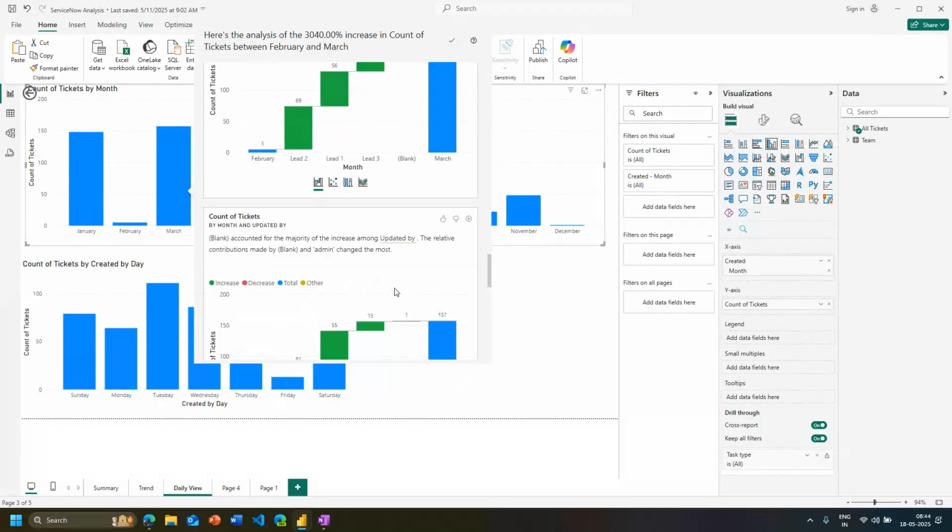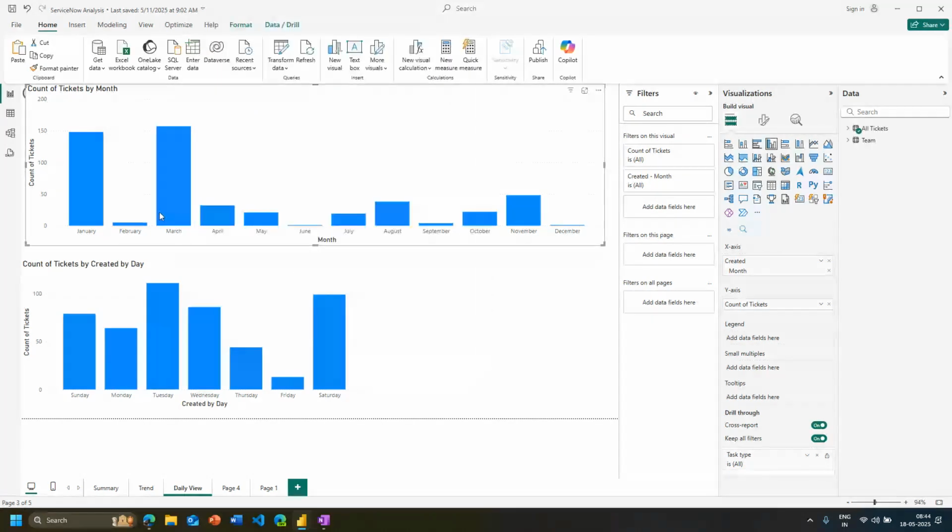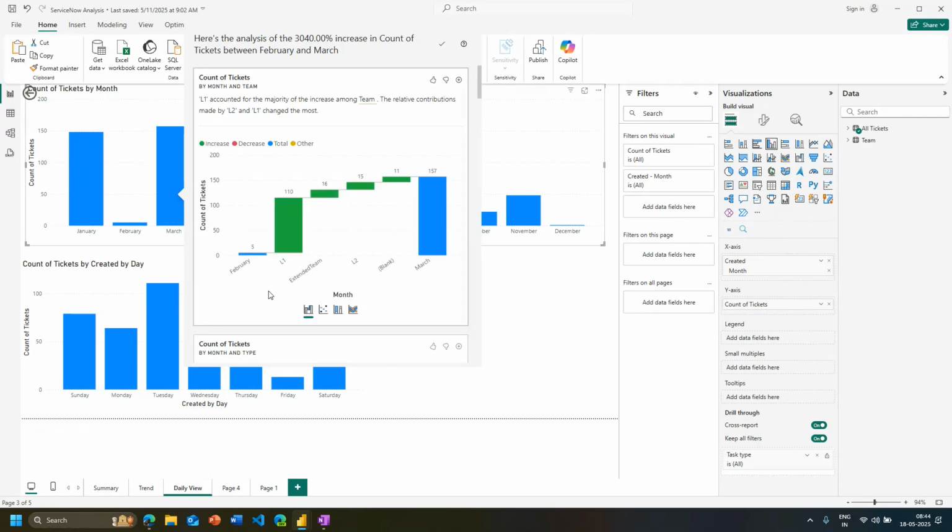It tries to give you various views which contributed to the increase in terms of the tickets. So it's the same question we would ask, why do I have more tickets in the month of March. And your Power BI can potentially give you the answer instead of going to the team, provided more data points are connected. Okay, so if I say, let's say, explain the increase,